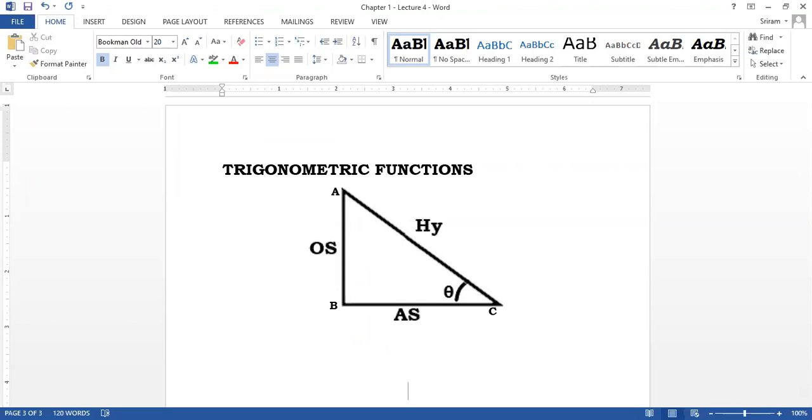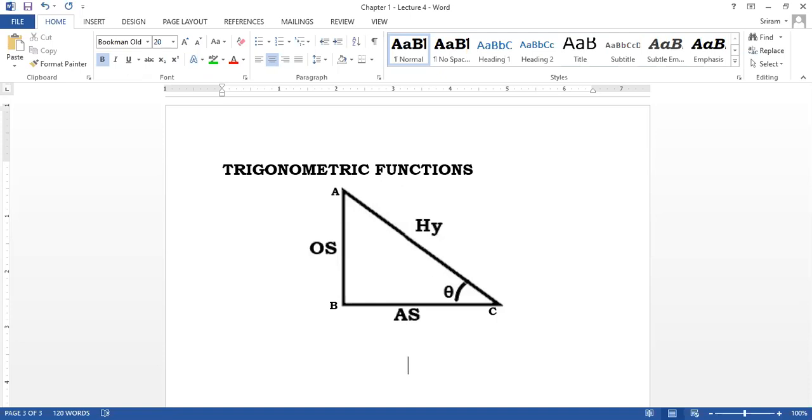Trigonometric functions. The next idea is called trigonometric function. I hope you studied this before. This is a very simple idea. And you studied so many other problems. We are just going to make a review and we will finish with this trigonometric function. Chapter 1, we will finish here.